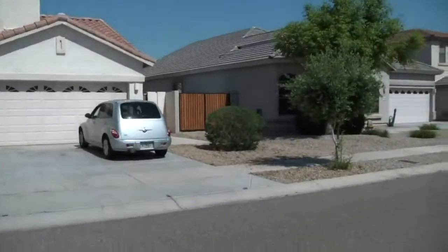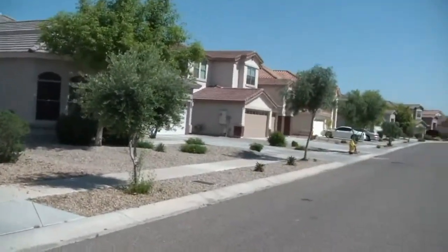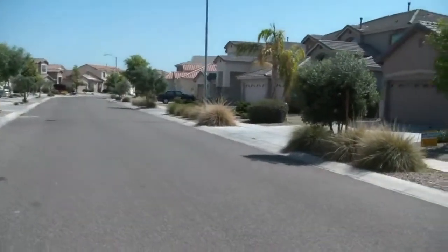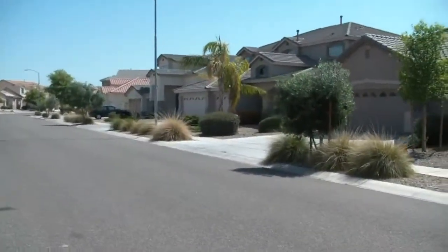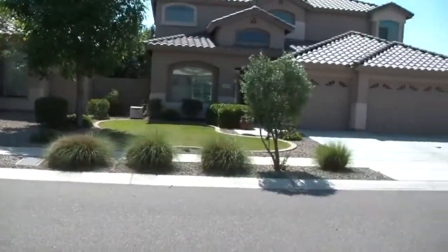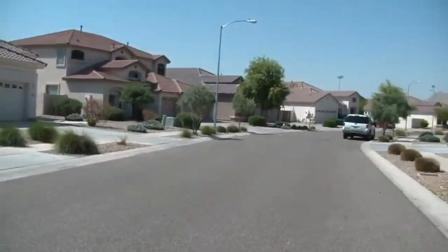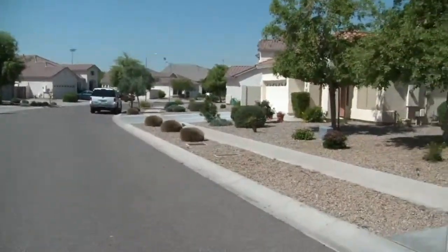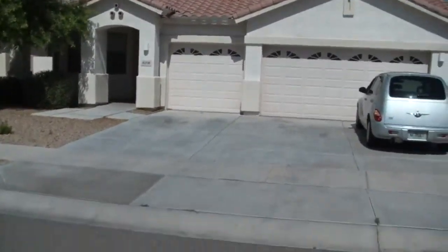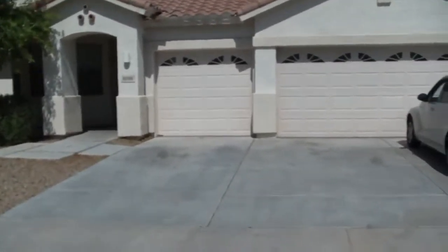The property is 7,590 square feet, but the neighborhood is by far one of my favorites on the northwest side. Very, very nicely taken care of, very close to shopping and the Cardinal Stadium. It's really quite nice. So this is an Ingle home, and